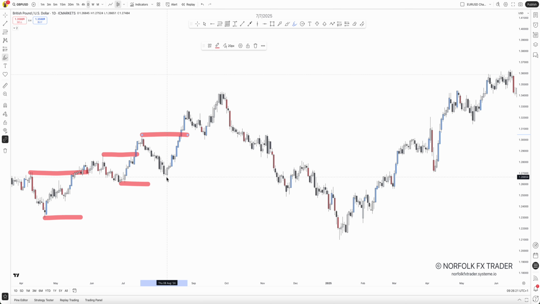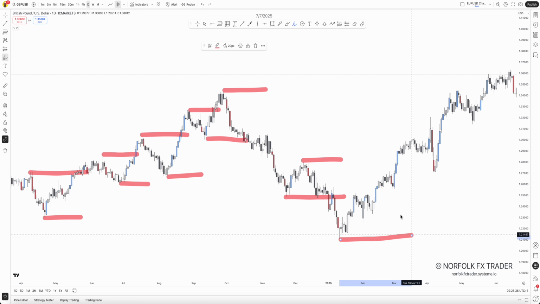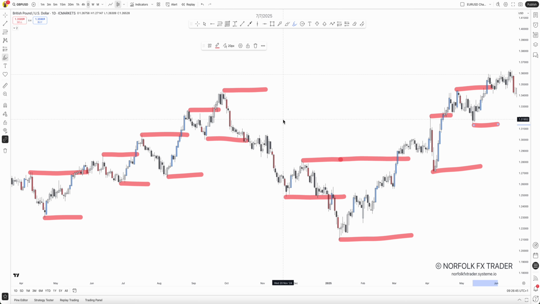We break out structure again, a new higher low, and a new high, with a new higher low as price continues to break structure. Then I'd see price running all the way down here, creating this low with a new lower high, a new low, and then eventually you can see price breaks this structure to the upside. We break again and we continue to break. And this is where I would be looking at my structures. Now, there's nothing wrong with the way we look at structures in this way, but the way we've now fixed this structure issue and fine-tuned it, you'll be able to see how you'll use multiple time frames for more clarity